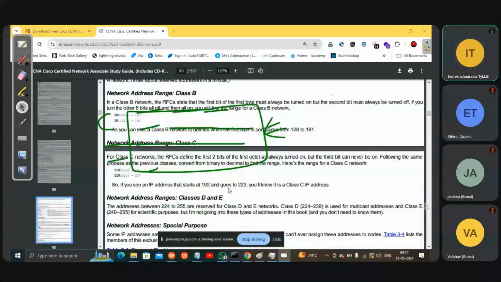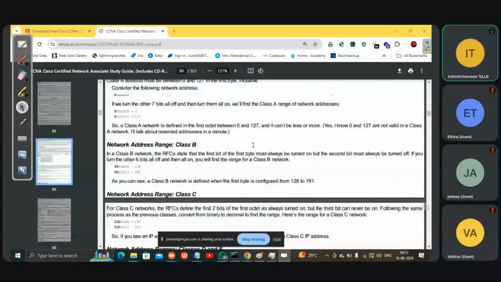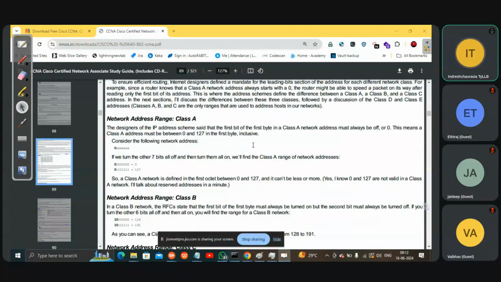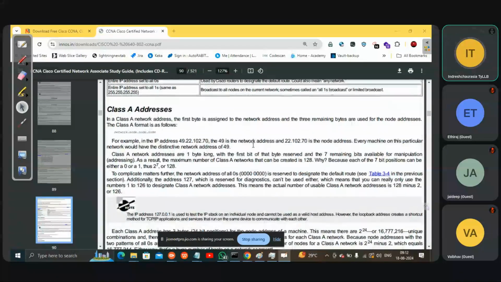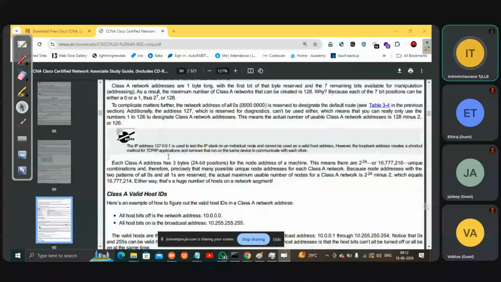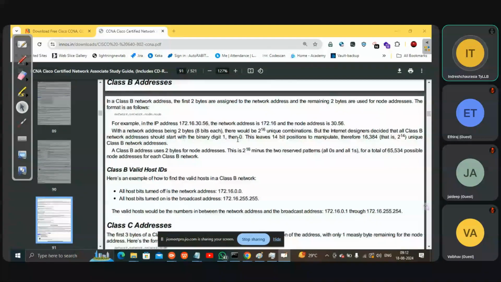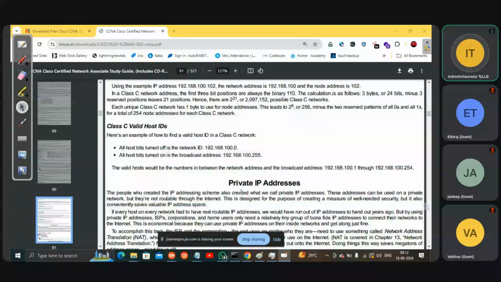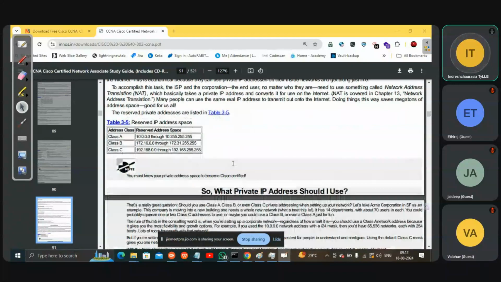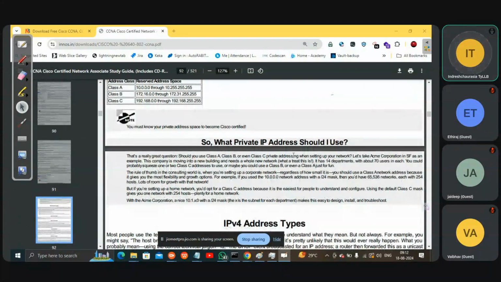This is what we studied today: class A, class B, class C, class D, how class A is represented, the host bits, class B, class C, private IP addresses.